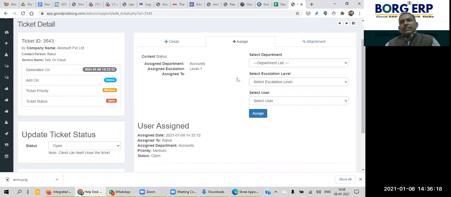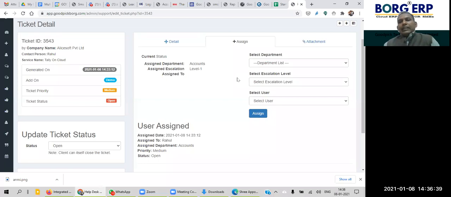The first ticket will be received by the help desk or level 1. If the issue can be solved by level 1, that can be done, and we can wait for the customer's reply on whether the ticket has been solved or not.